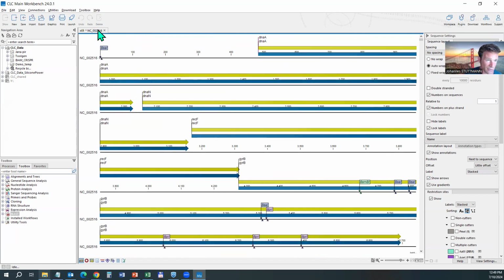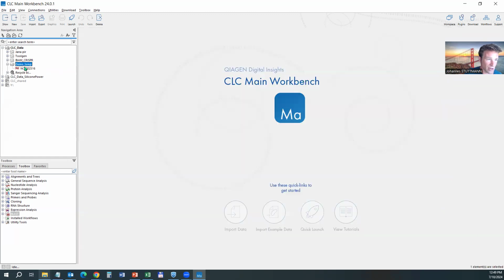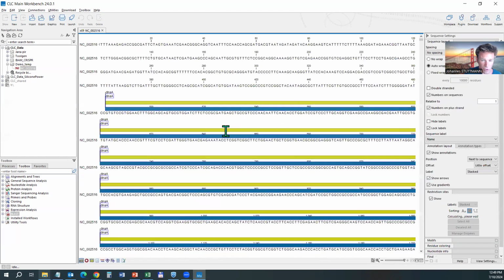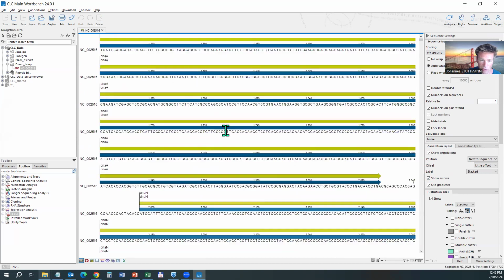If I now want to save this genome, I can just drag and drop the little tab from here into my folder that I just created. And now I will have it here. I can close it and reopen it. So you will realize that